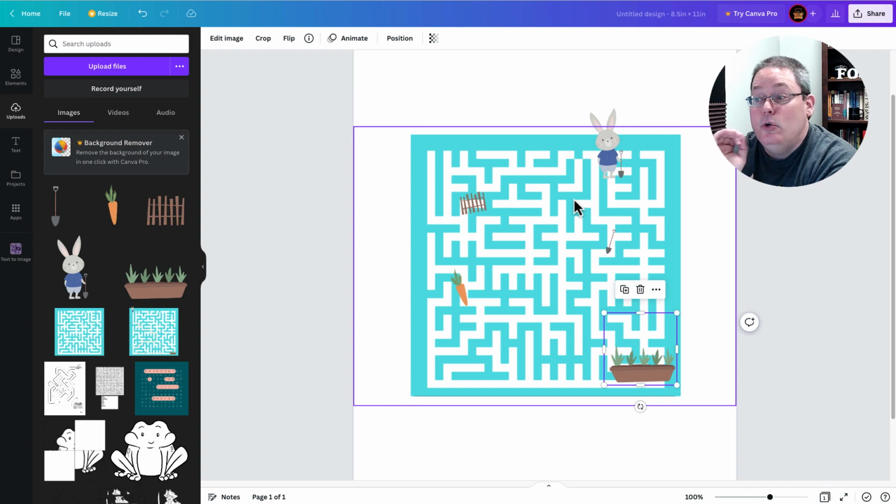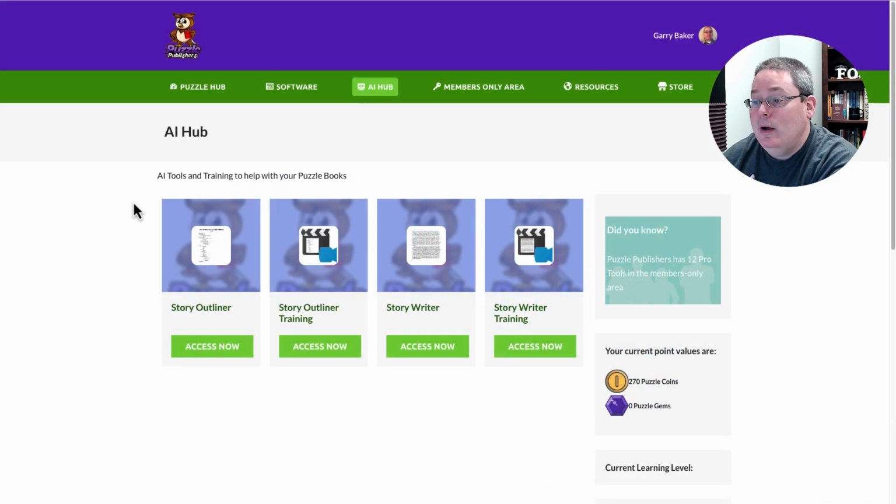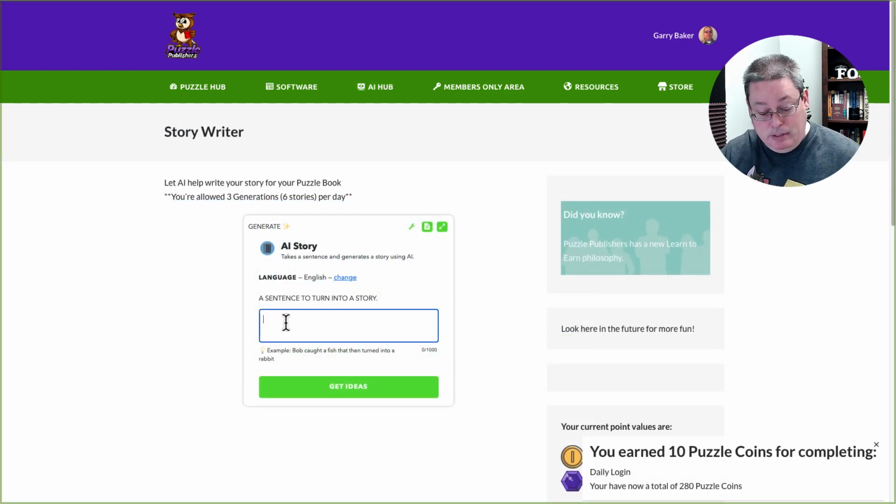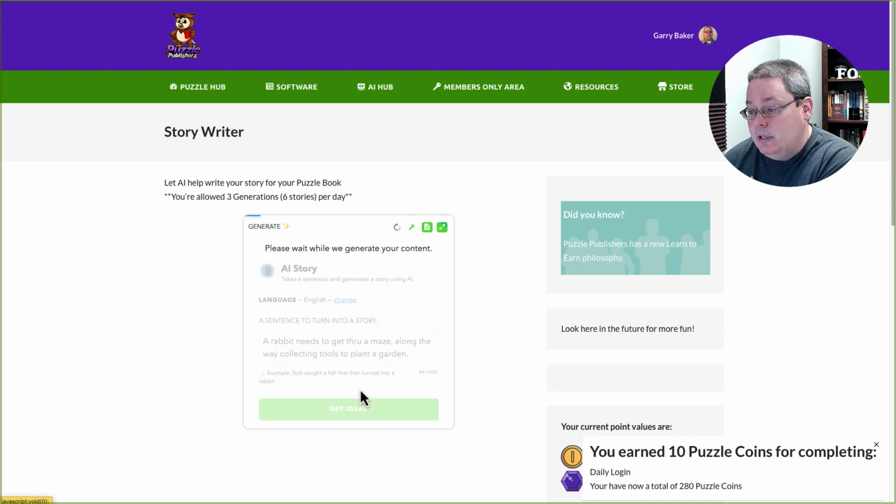maze to tell the tale, as well as the AI Hub helping me outline the story or going into the story writer itself. And once inside of the story writer, simply giving it the information or a few sentences to let it generate the story. Here I've entered a sentence to turn it into a story. A rabbit needs to get through a maze, along the way collecting tools to plant a garden. Simply click Get